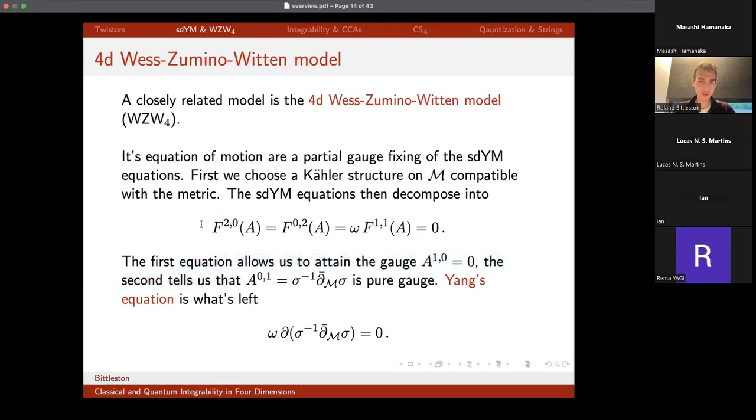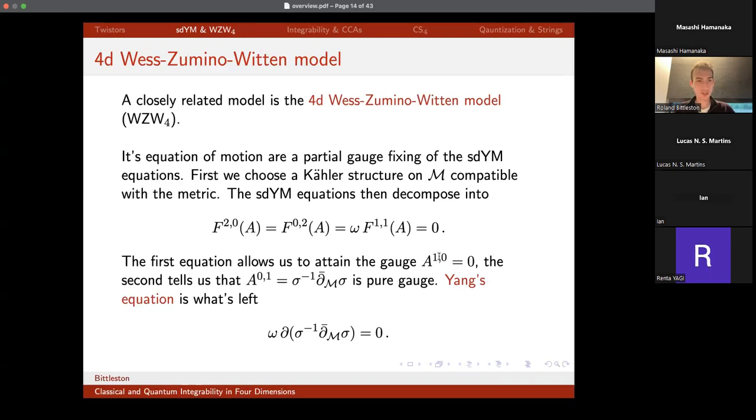So the first equation tells us, and I hope this isn't confusing, that the (2,0) here now refers to the complex structure on space-time. So we've fixed a particular complex structure because we've fixed a Kähler structure on the space-time. It's no longer the twistor (2,0). Hopefully that's not confusing. So the first equation tells us that we can attain a gauge in which the (1,0)